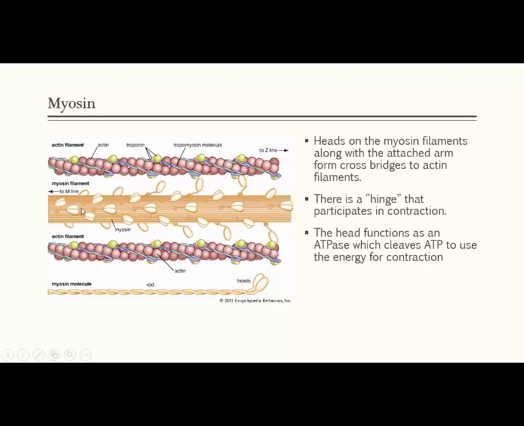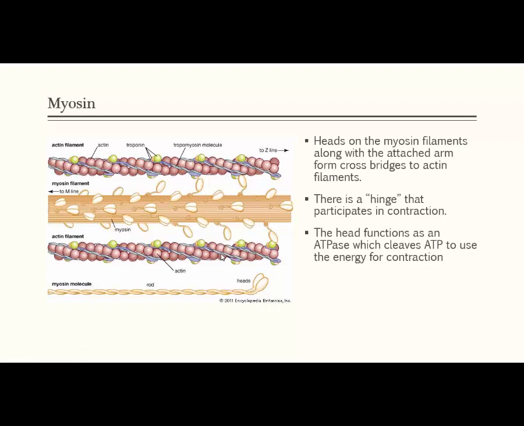The myosin filament will cross between the actin fibers, and the M line will be the portion that's myosin only. On the myosin filament are these little, they're called heads. I'll call them hands. But they are hinged protein structures that form cross bridges to the actin